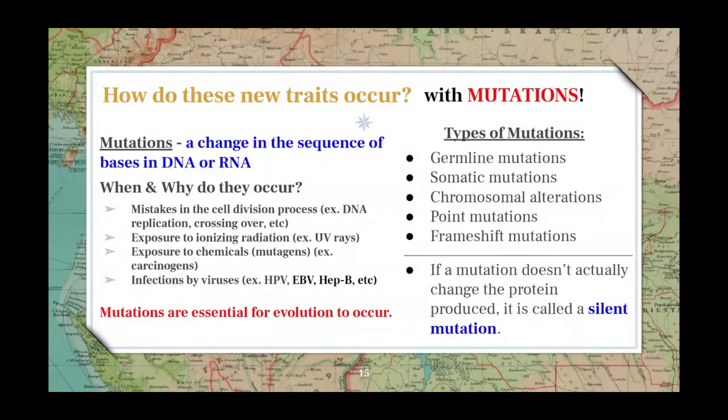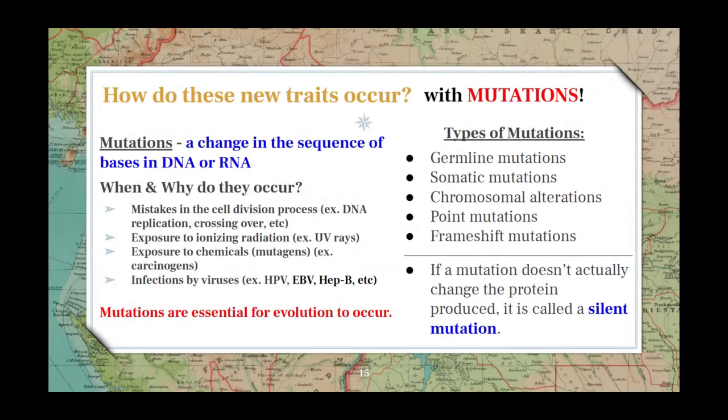You also can have deletion. You can have just, instead of CAG, you can have just CG. Now, think about that. With what we know about protein synthesis and what we know about DNA replication, transcription, and translation, if you took out one letter in that process, it can throw off a lot of stuff. So frame shift mutations can be really, really dangerous. So can chromosome alterations in germline.